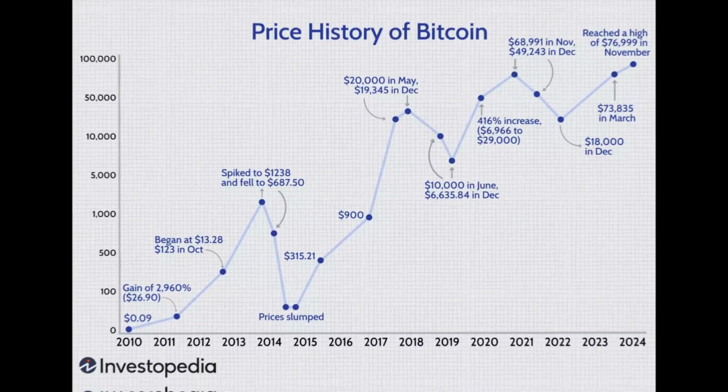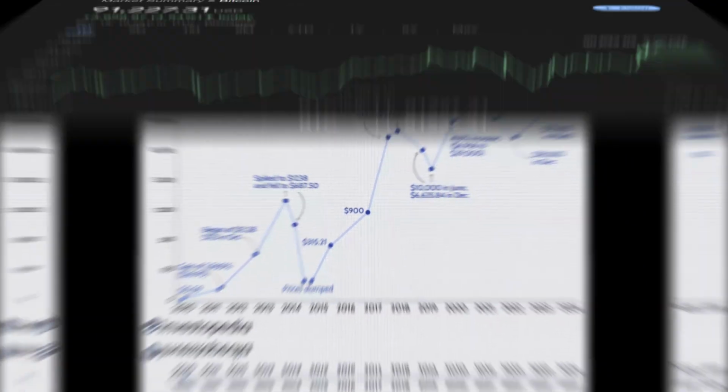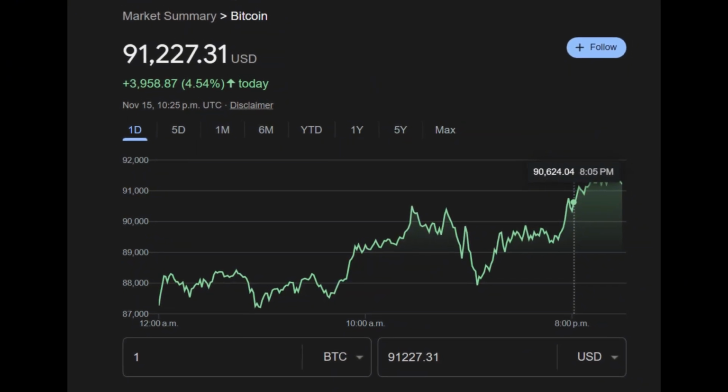I feel like a lot of people are mad because, you know what? They feel like they missed the boat. They missed the early days where Bitcoin was like $1 or 50 cents, or even worse, they knew about it back then when it was $1 and 50 cents, but they faded it. "$1? Bitcoin? This is just crap. This is garbage." 10 years later, 15 years later, Bitcoin is now at what, $90,000? So many people will be skeptics forever because they faded it and missed the boat. And you know what? At the end of the day, that's on them.